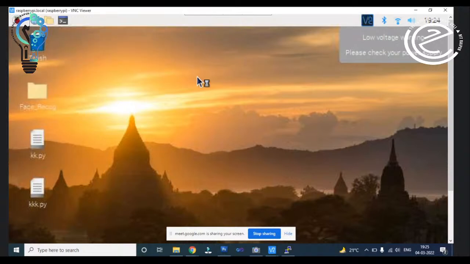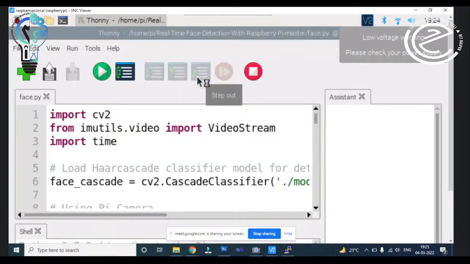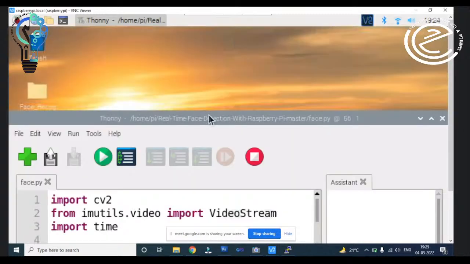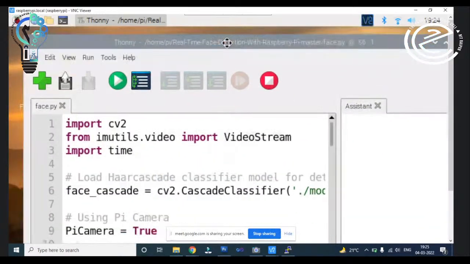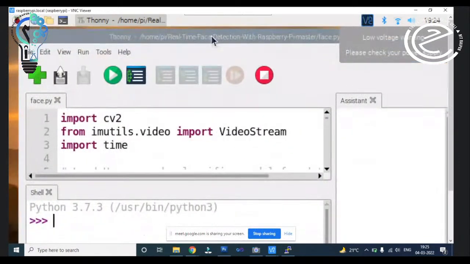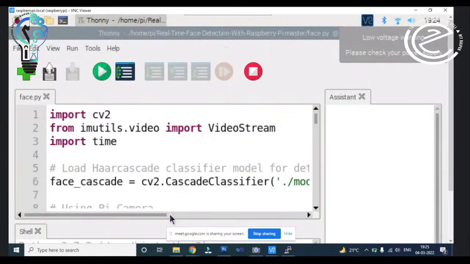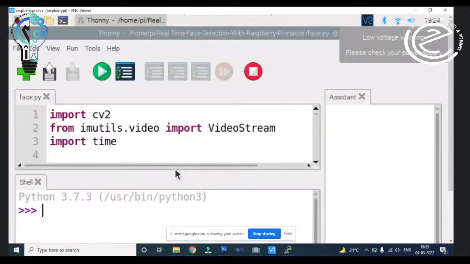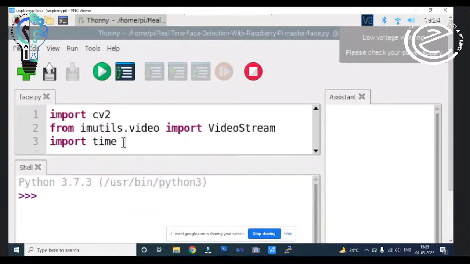camera. So I have this program right now in Python.